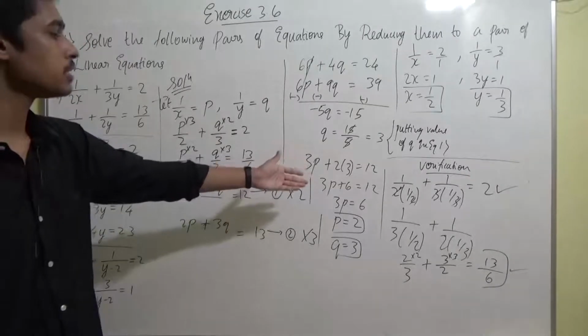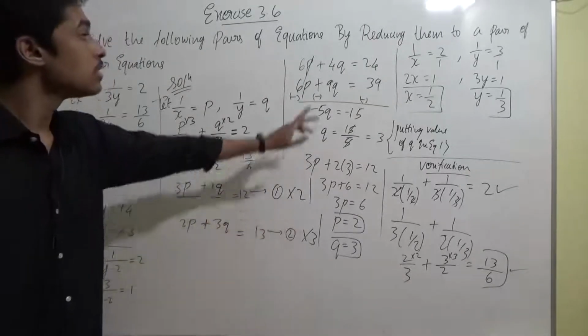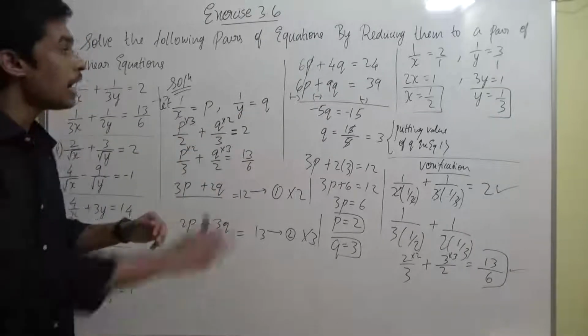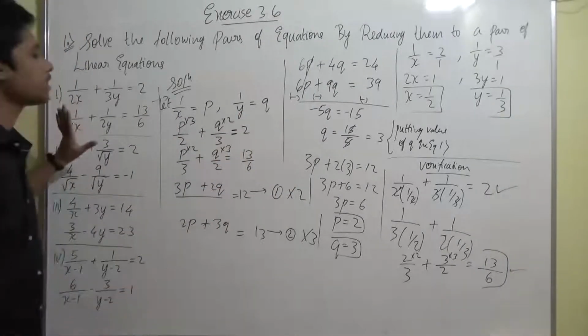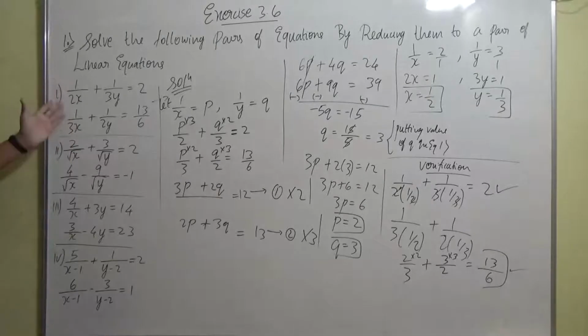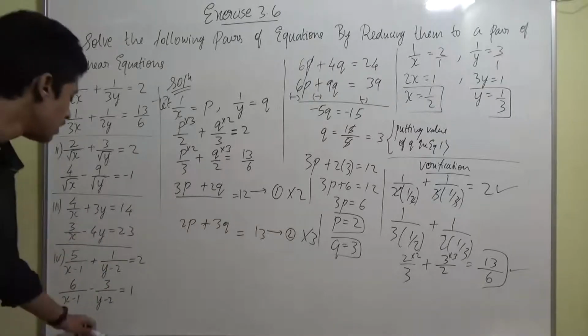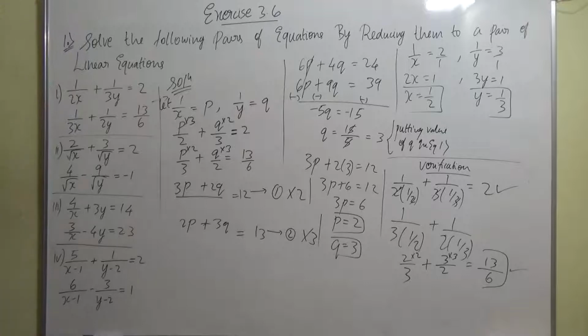After solving using the elimination method, we found the value of p and q. Those p and q we equated back into the assumptions and we found the value of x and y. And then we verified whether x and y are correct using these two equations, substituting it back. It came to be correct. Then finally we concluded the question. That's it, guys. Now I'll move aside. You can take the screenshot. After this, let's go to the second sub question.